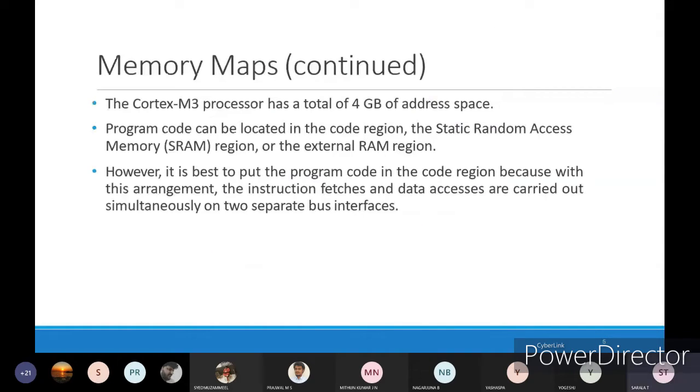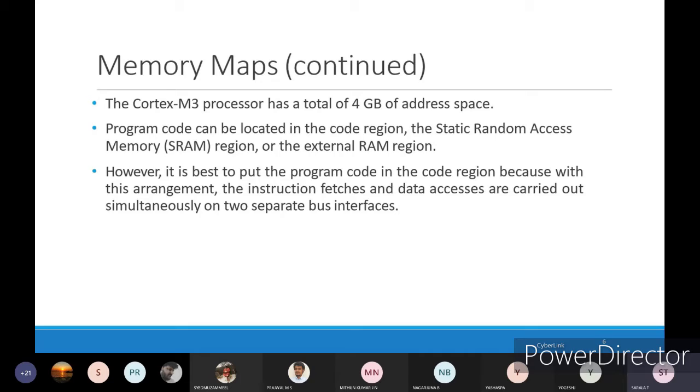Next, the Cortex M3 processor has a total of 4 GB of address space. Program code can be located in the code region, the static random access memory, that is SRAM, or the external RAM region. These three are the specific regions where you can store your program code.